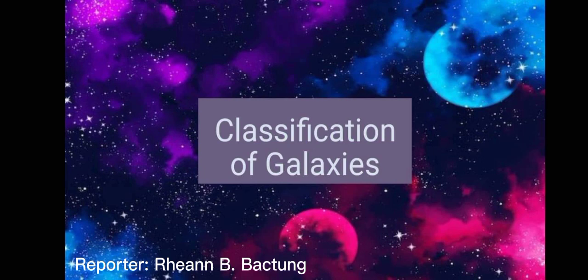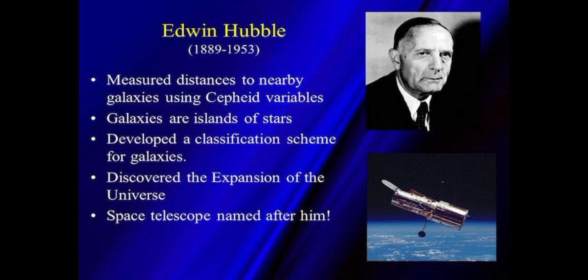Now let us proceed to the classification of galaxies. Almost all current systems of galaxy classification are outgrowths of the initial scheme proposed by the American astronomer Edwin Hubble in 1926. In Hubble's scheme, which is based on the optical appearance of galaxy images on photographic plates, galaxies are divided into three general classes: ellipticals, spirals, and irregulars. Hubble subdivided these three classes into finer groups.